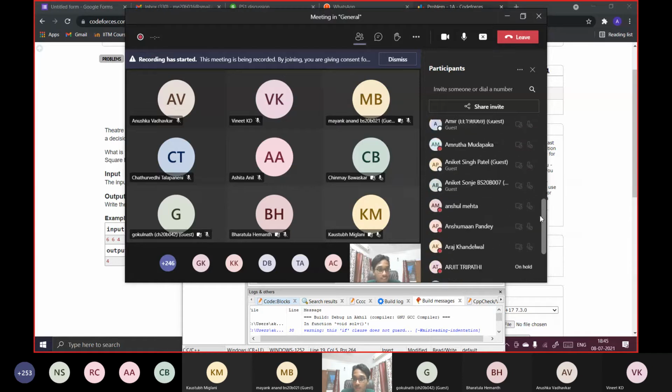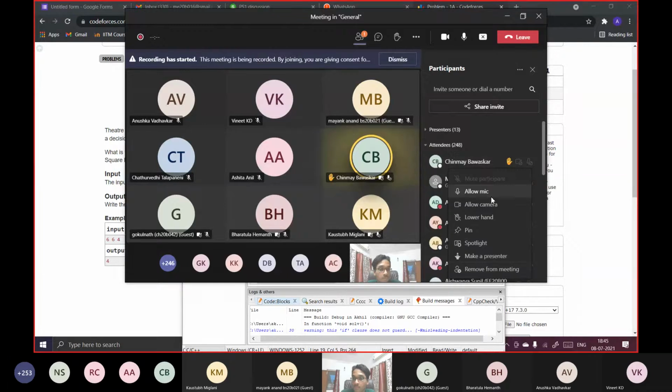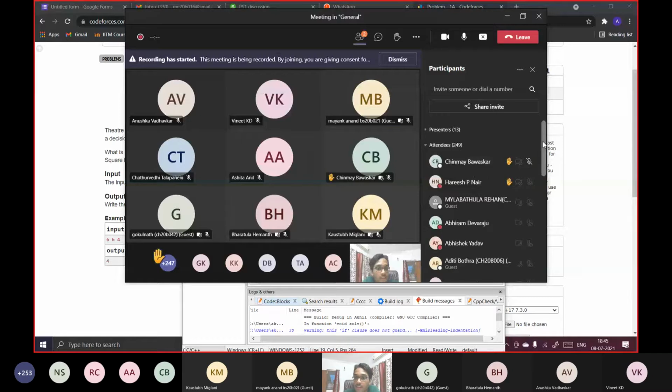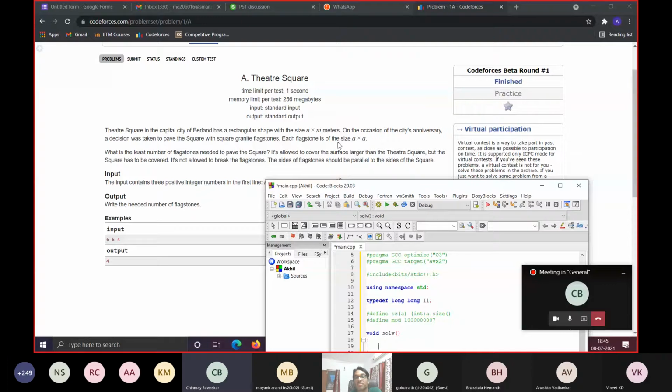You can unmute and answer. One second, just raise your hand once. Yeah, go ahead, Chinmay. Yeah, so basically it's a rectangle and we have to make both its sides, length and breadth, a multiple of a. And we will get the area, and by dividing it by a square, we will get the number of flagstones.